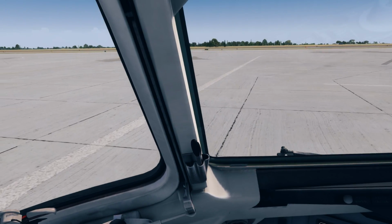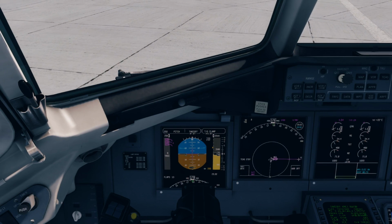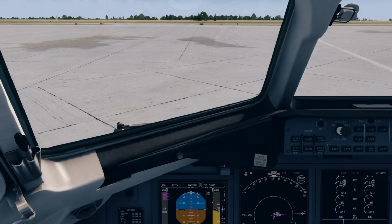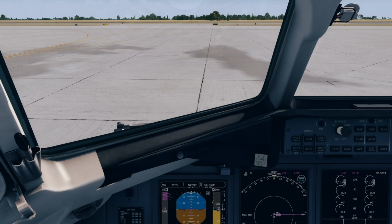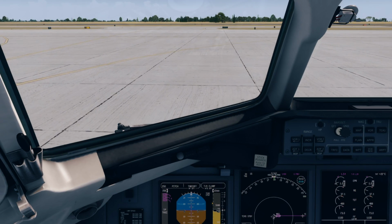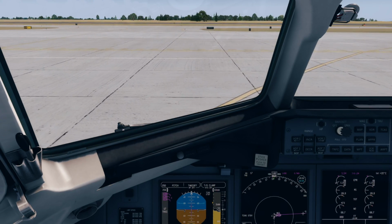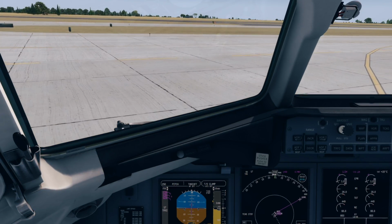So we're going to be taxiing out to 19 left. Actually 19 right, rather. Let's see. We'll taxi out via Lima. Right now, we're going to take a right onto Lima once we get on the taxiway line. So right on Lima, and then Lima to Mike, and then Mike to Bravo, and Bravo all the way down. That's a rather long taxi,